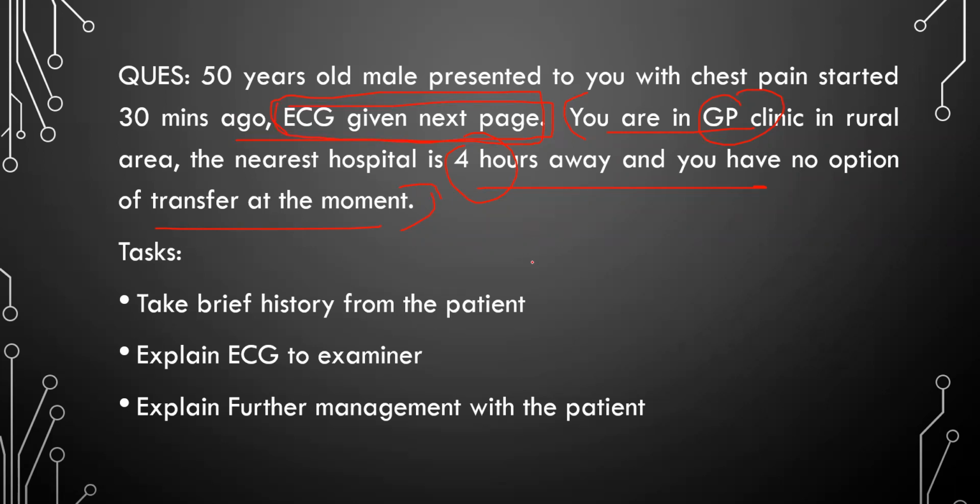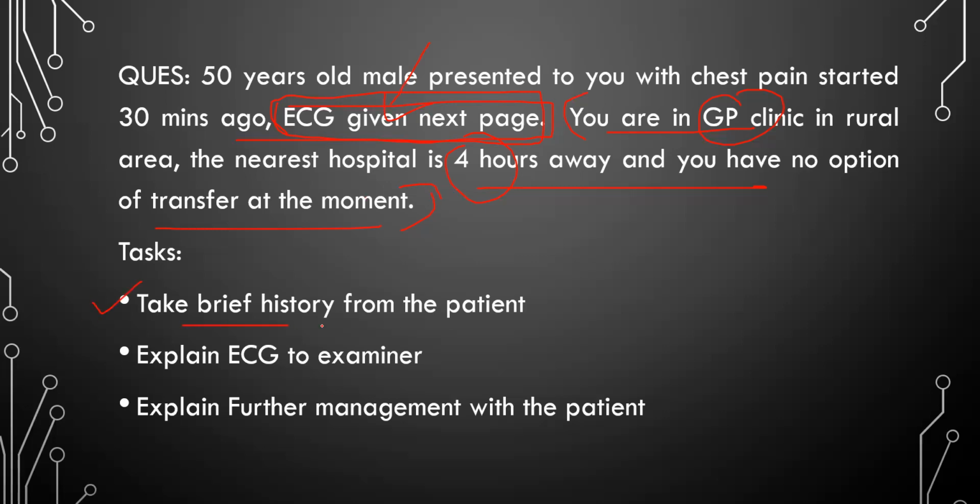Even before the history, because most of the time in these cases they give an ECG already. You get to see the ECG in the 2-minute outside time, so you just need to ask, can I see the next page? They explain it more clearly in the exam, that you can always ask the invigilator to show you the next page. So when you see the ECG in the 2-minute outside time, you already know the case.